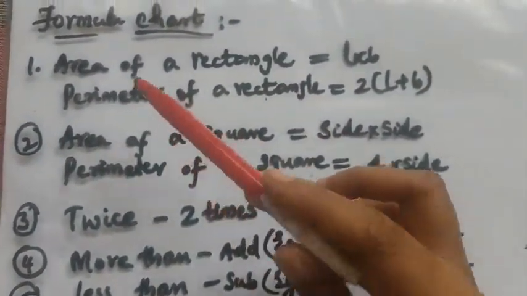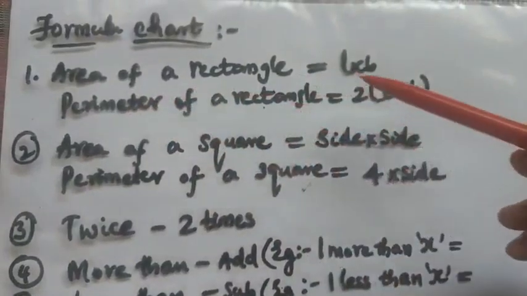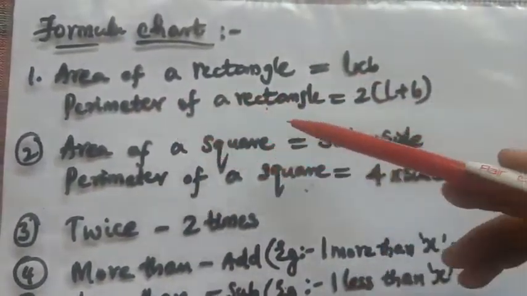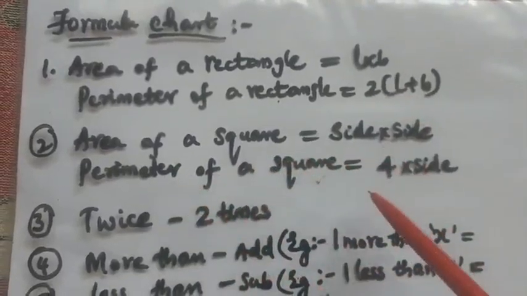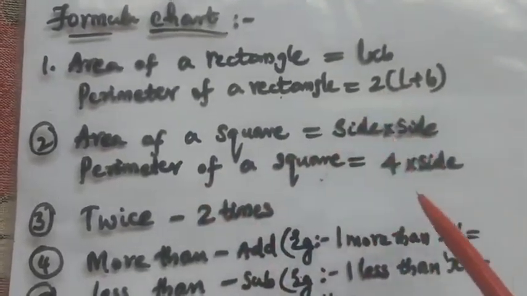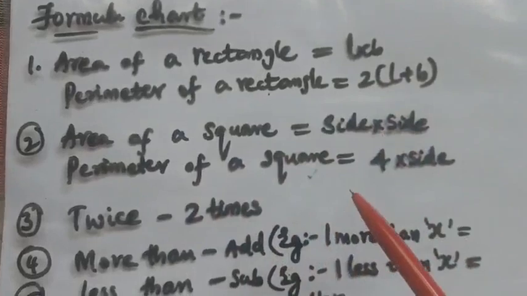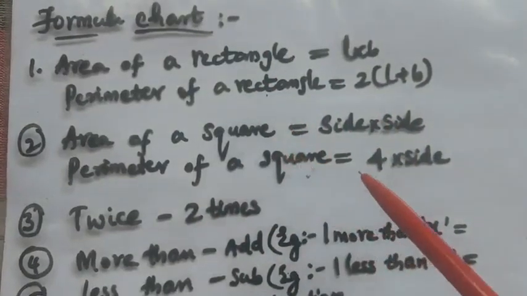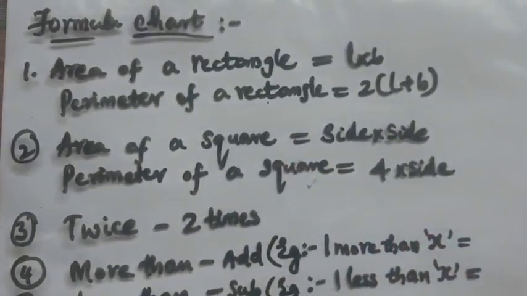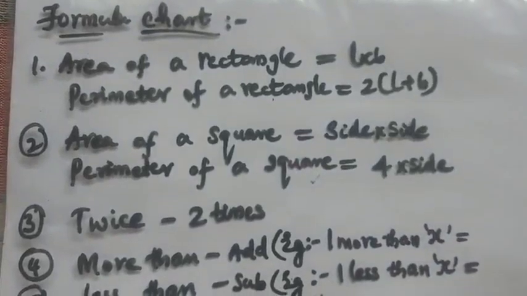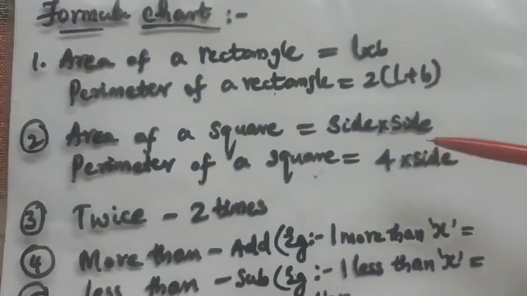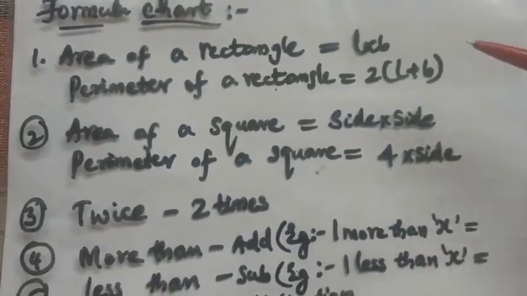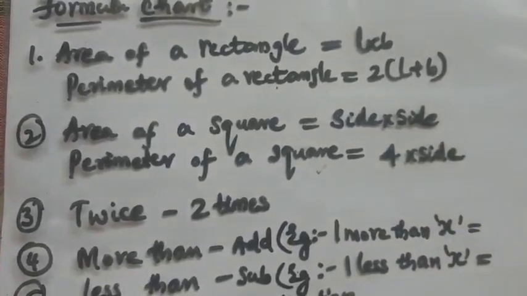These are the basic formulae we all know, like area of a rectangle is equal to L into B, perimeter of a rectangle is equal to 2 into (L plus B), area of a square and perimeter of a square. I'm not going into detail, you just have a look and write down in your formula chart. So these are the formulae which may be used in our word problems related to this quadratic equation. You may find these formulae are required, or you may find they are not required in the exercise, but still I am giving them to you from an exam point of view.